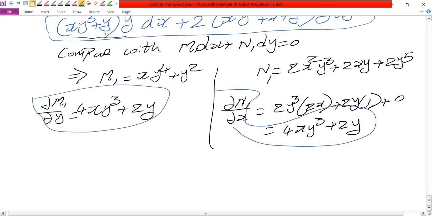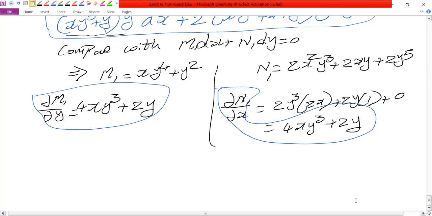Check, both the values are the same, 4xy cube plus 2y. Therefore, we can say that